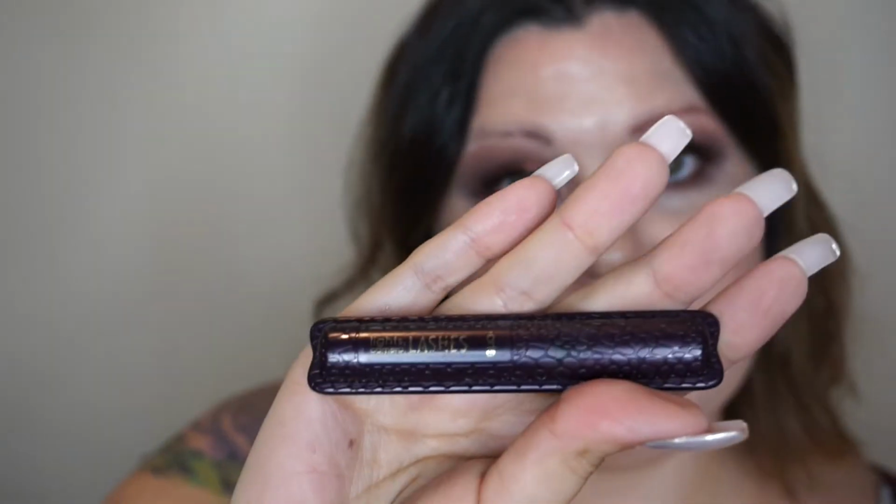I'm gonna use Lights Camera Lashes from Tarte. I'm gonna finish it off. I actually am gonna put a little bit of mascara on my top lashes because they've gotten so much powder and even the chrome stuff, just to get that color off and make them black again. But for sure we're gonna use them on our lower lashes first. I'll go ahead and do that. Oh, and I almost forgot